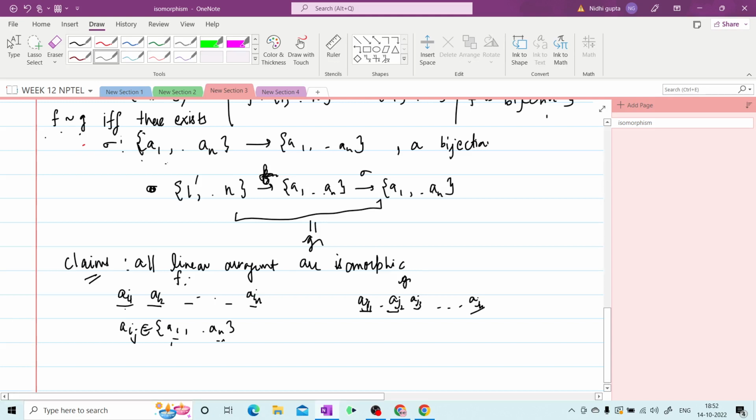So if we want to construct a function, we send ai1 to aj1, ai2 to aj2, then sigma of f will be g. That is, define sigma